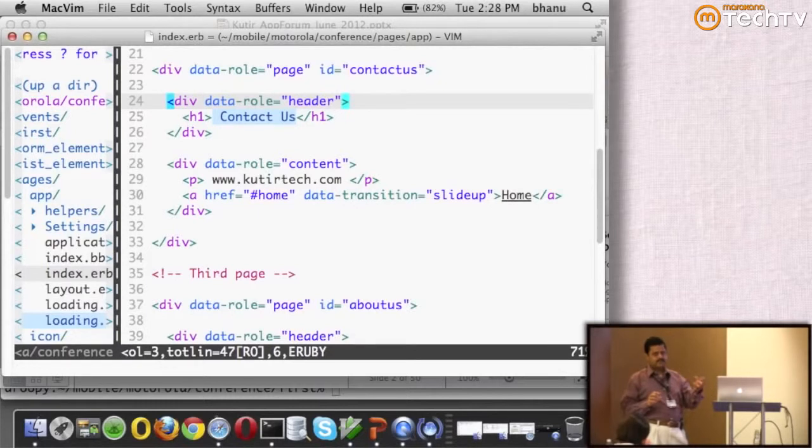So, it almost feels like you are loading within the same application. It does not feel like a web application where you are going to an external link.